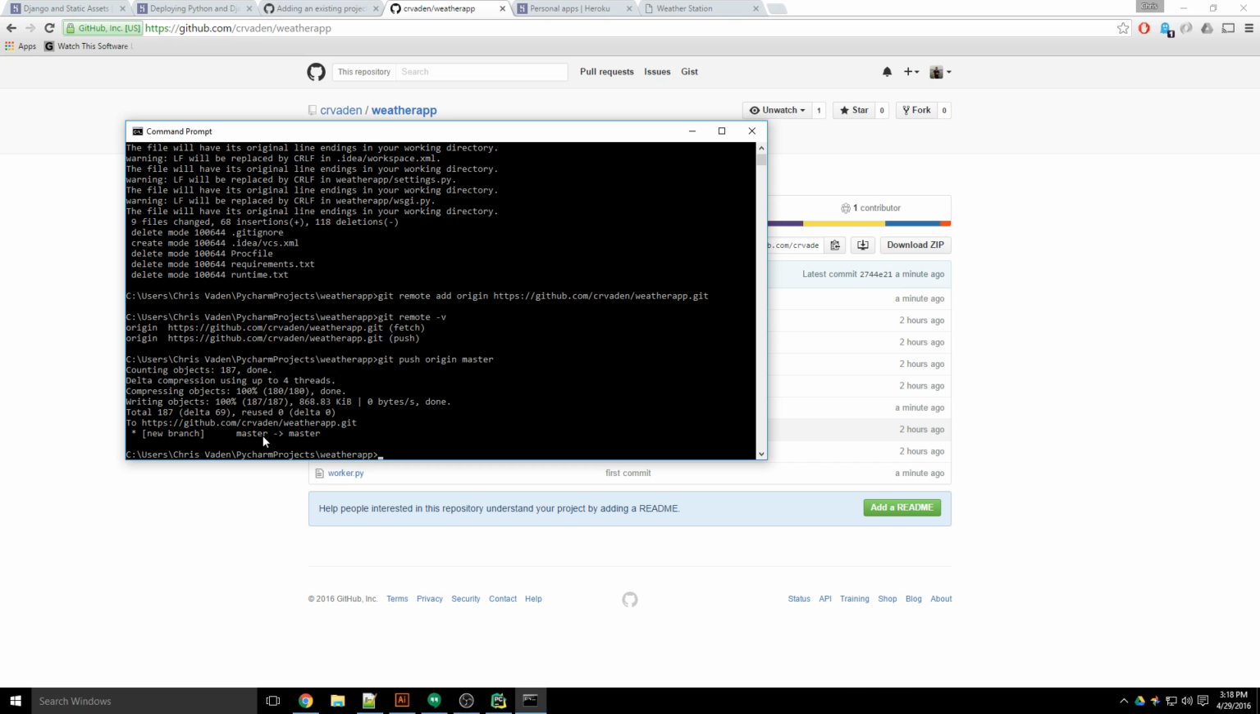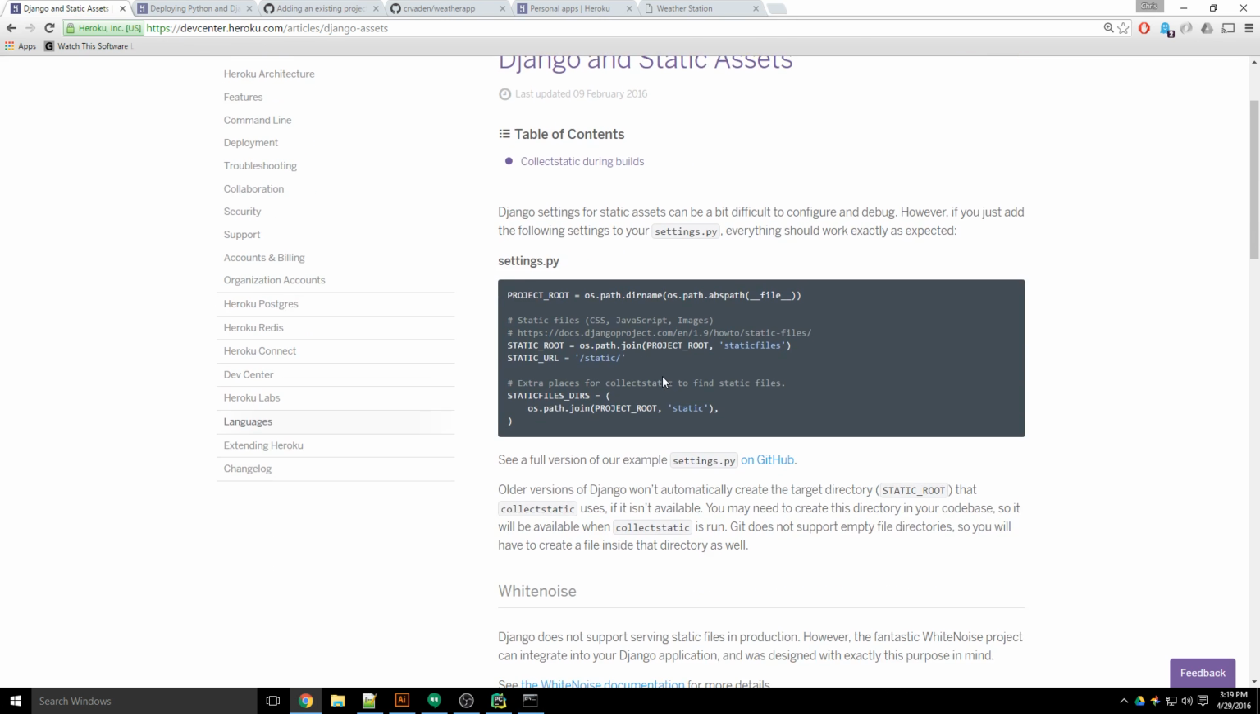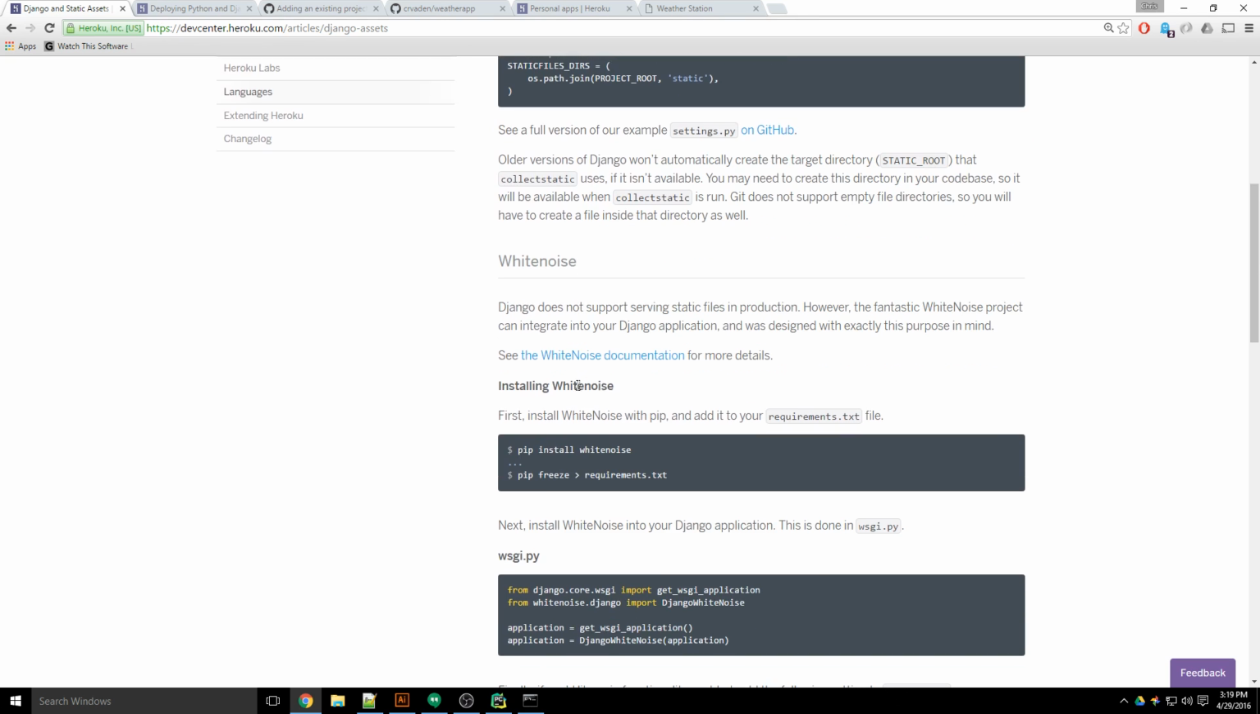Okay, what next? Well, we need to get our static files prepared to be deployed by Heroku. And Heroku makes it very clear that they do not like to serve up static files. They want you to put them somewhere on some kind of storage like Amazon S3 or something and serve your files from there. But you can, if you use this module called WhiteNoise, you can install that through pip